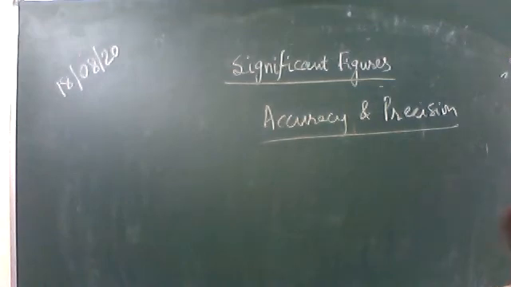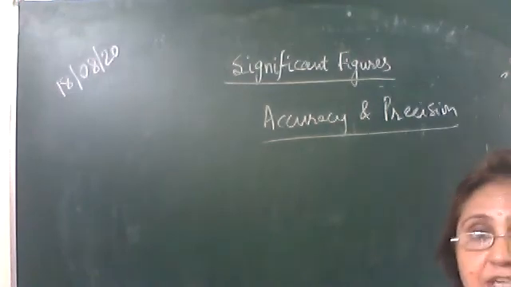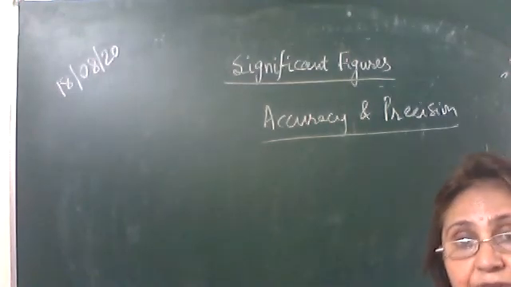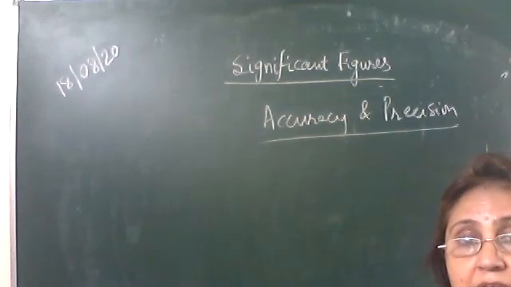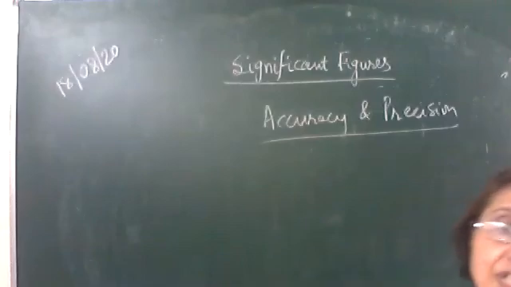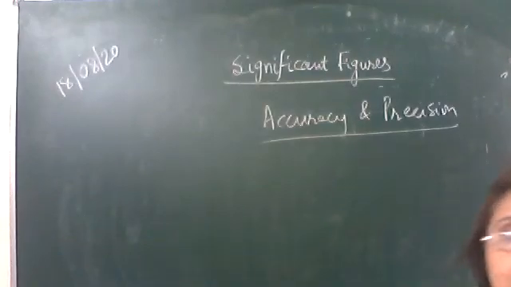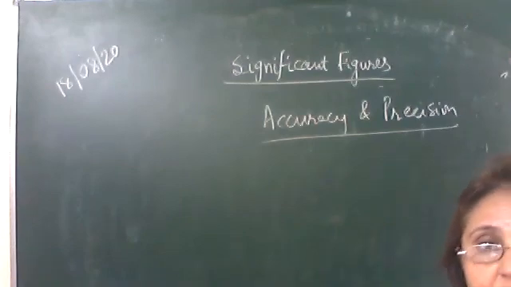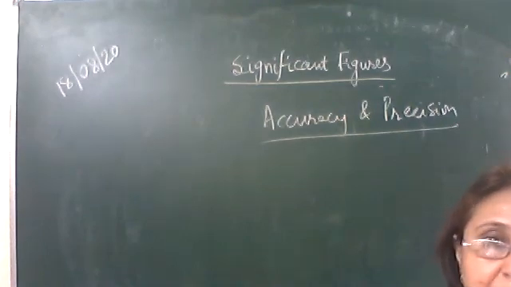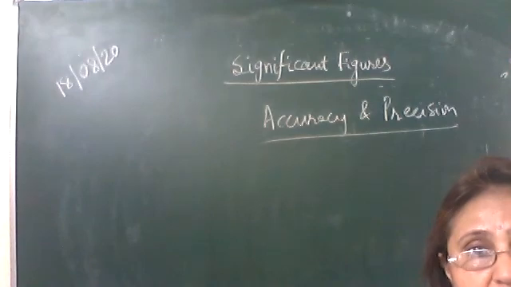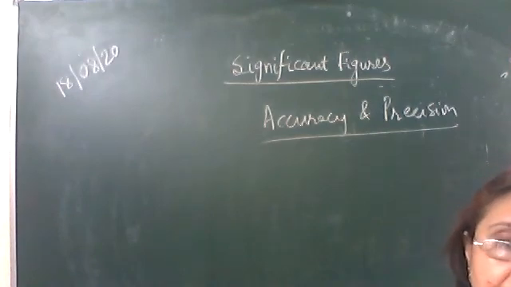Whereas precision means with which measuring instrument it is measured, based on the least count of that instrument. Now what do you mean by least count? Least count is the least measurement made by any instrument. Like the regular scale you use, how much minimum can you measure with it? You can measure 1 millimeter. So its least count will be 1 millimeter.